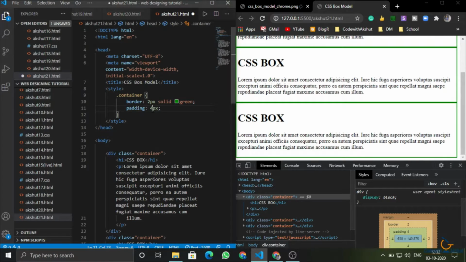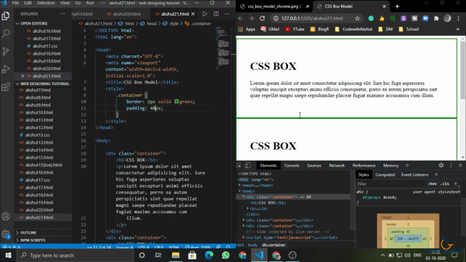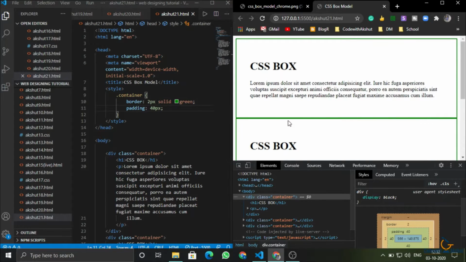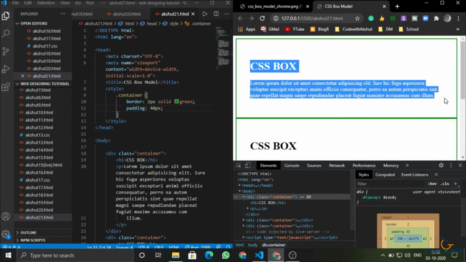I will change it to 40 pixel, then you can see a lot of gap. So this is basically our padding, a gap between the border of the element and the text or whatever is inside the element.